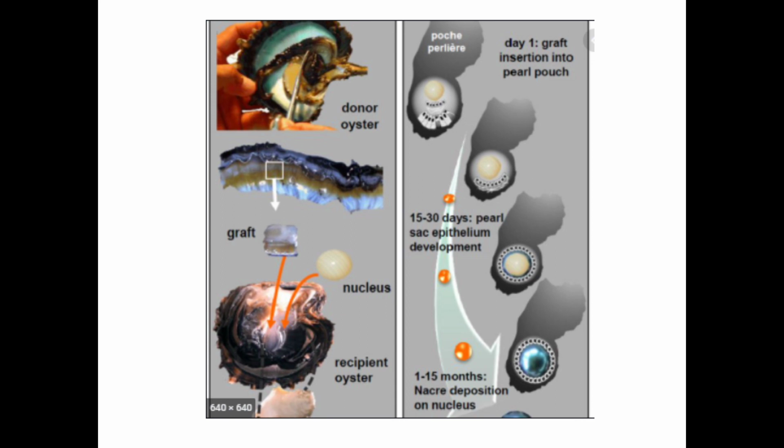This is about pearl culture. So: collection of oysters, preparation of graft tissue as well as nucleus, then implantation. There are so many methods. We can implant the nucleus and graft tissue in the mantle cavity, or in the mantle, or in the gonads, as well as we have to select a healthy oyster as a host.